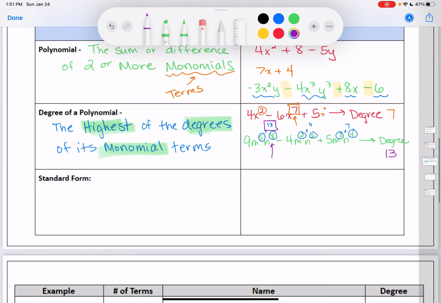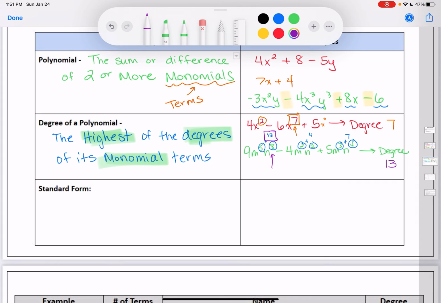That's the degree of the polynomial. All right, so the last little bit of vocabulary then for polynomials is when we talk about standard form. So standard form for a polynomial is when you list it in order from highest degree to lowest. Okay, so the standard form is the order of its monomial terms